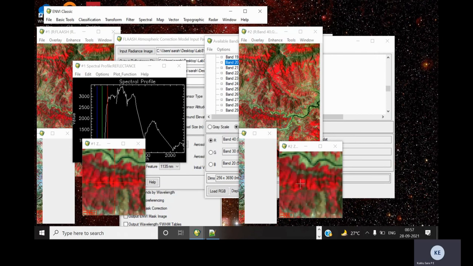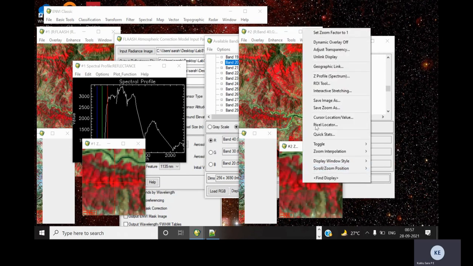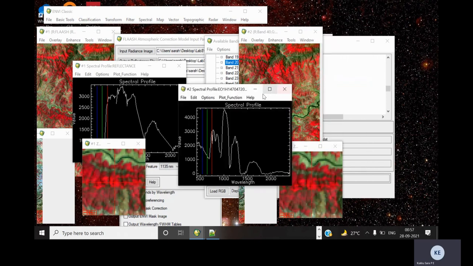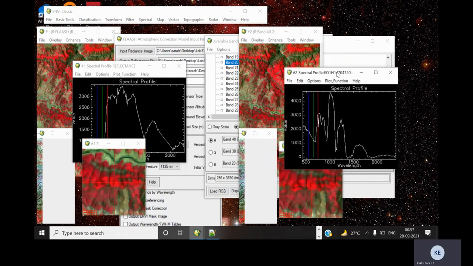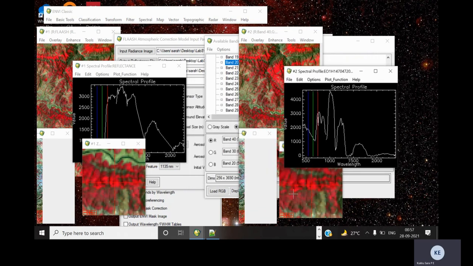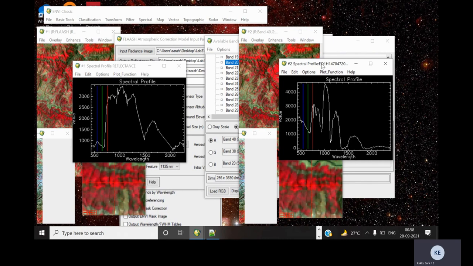Here also that particular pixel is selected, and we just plot the spectral reflectance curve for this. Both are the same pixel, and this is the spectral reflectance curve for the reflectance image and the uncorrected image, and you can see how much it is varying.